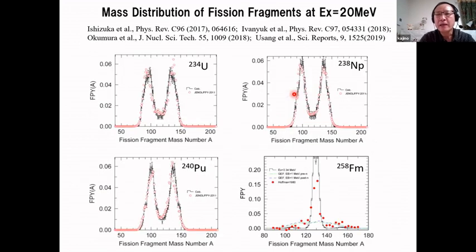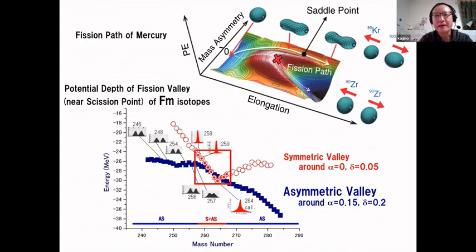In our model, we parameterized the measured fission fragment distribution that is shown here. And fermium has a single peak. It is almost symmetric fission. But this can be predicted theoretically by using the 4D multidimensional Langevin equation solutions to see the energy surface. If the energy surface of the symmetric path is lower than the asymmetric path, the fission fragment should be symmetric. So actually, as predicted, the measured fragment distribution is symmetric.